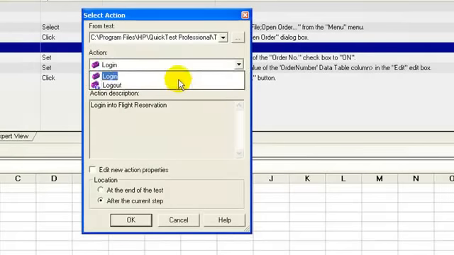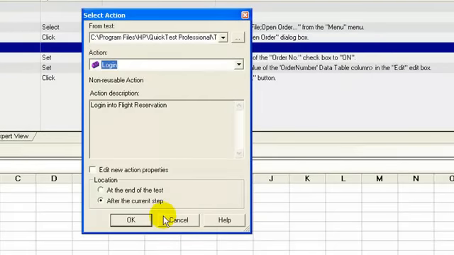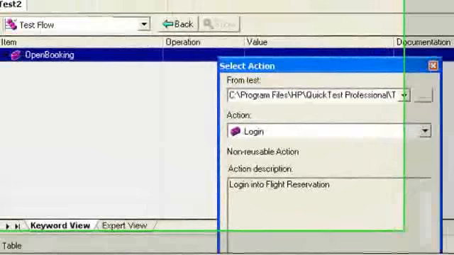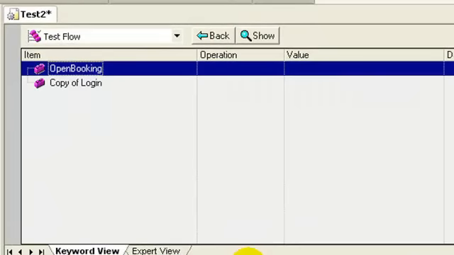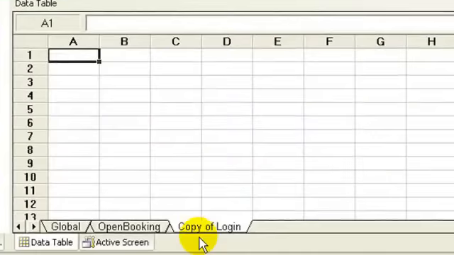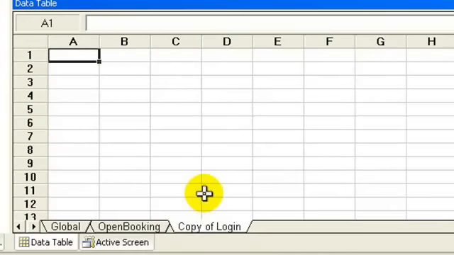Select the login action. Click OK. The login action is inserted with the prefix copy for easy reference, and the corresponding data sheet is also copied.